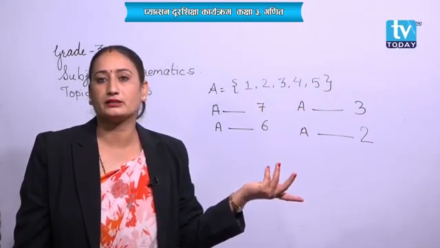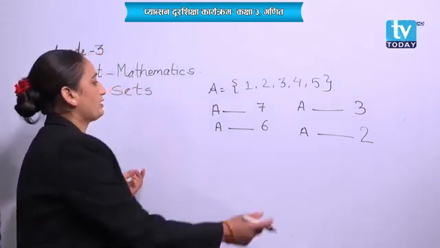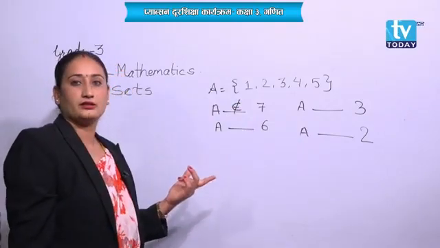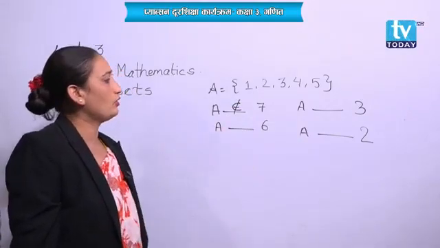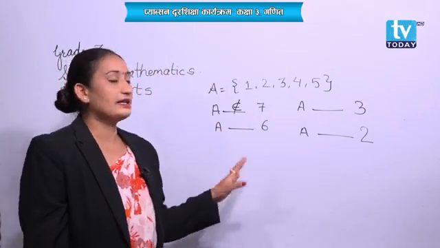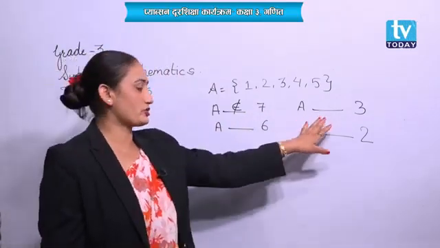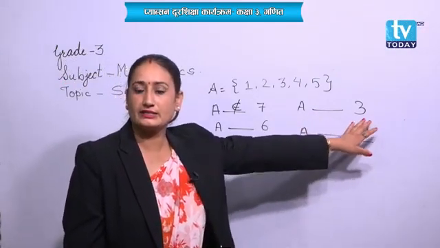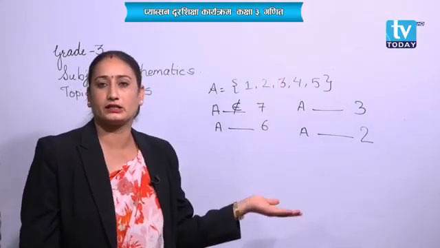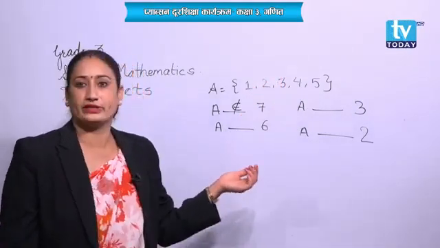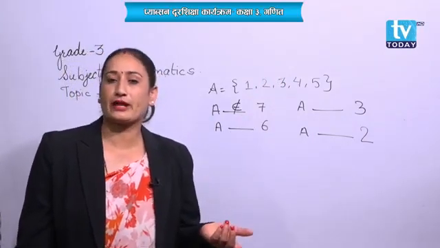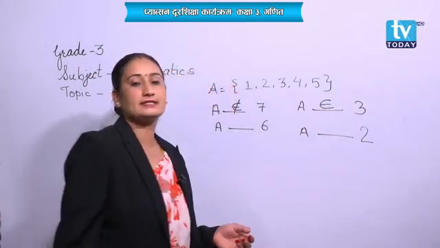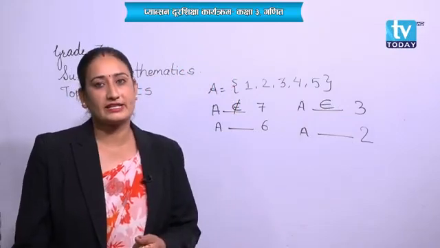Then how to write? That means we have to write it this way. Right? Okay. Now, next. Okay, now students, let's have a look at the second question over here. Now tell me, in this question, does 3 belong to the set A or not? Is there? Oh, there is. Now, which sign do we have to use? Let's have a look. This is the belong to sign. Done? Okay, same like this.